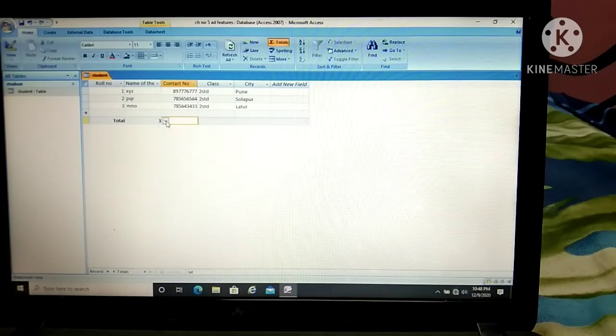Now when you click on this, what do you want: sum, average, count, maximum, minimum, standard deviation, and variance. Now above, all are contact numbers, right? So you don't need other things like maximum or minimum. But for your understanding, we can use the sum here. Click on it, and here you will get the sum of all the above numbers.